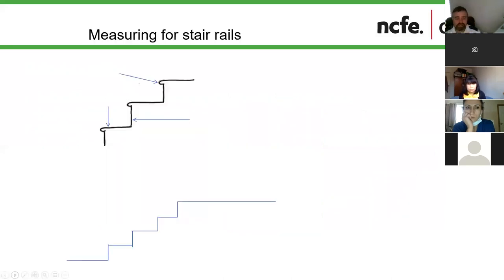So when you measure the stair rail, you go from the bottom and you slope up. What you need to be careful of in all stairs, when you look at promoting independence, is the lip and the depth and the width of the step. Some old-fashioned properties have quite deep steps. Some have these little lips that hang over. So you're looking at that for trips and slips hazards. So it's that nosing and treads, and obviously the height of the step. Can they actually lift their knee to that